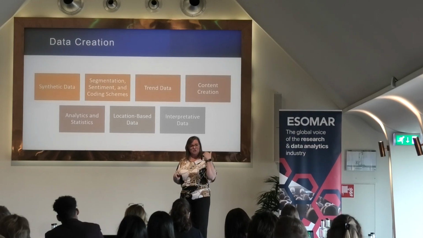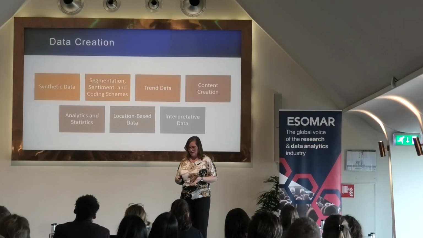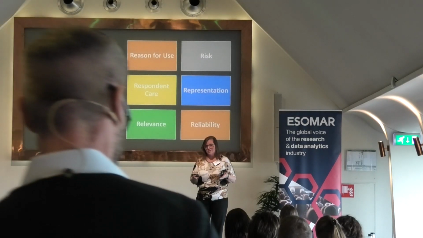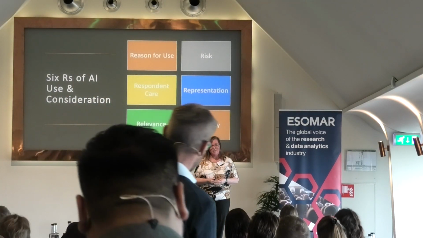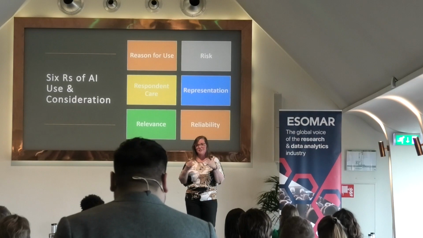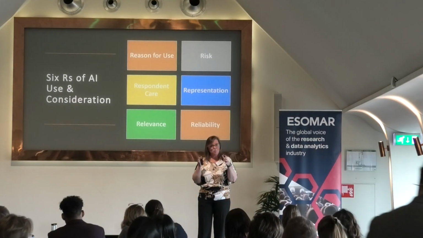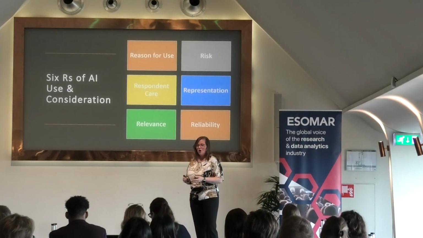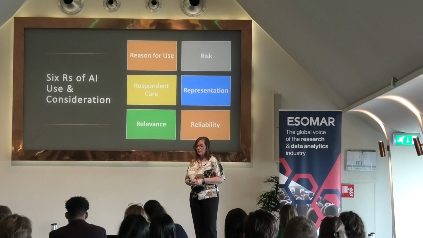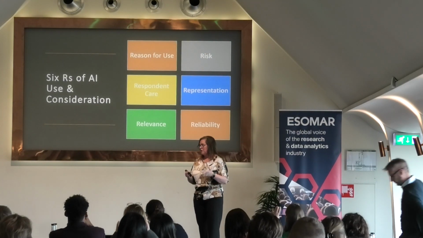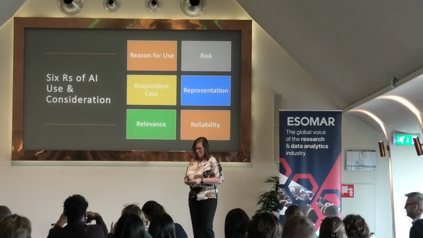So we're using it to clean data and to create data. For either of those implications, there are 6 R's that we're talking about. This is kind of a summary of the things that you've already heard from everyone, put into one slide for you. The 6 R's of using AI and your considerations are the reason for use, the risk, the respondent care,